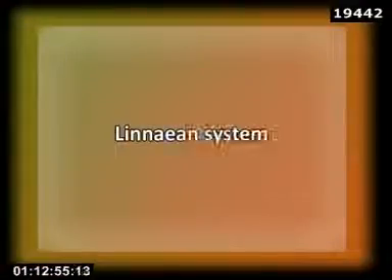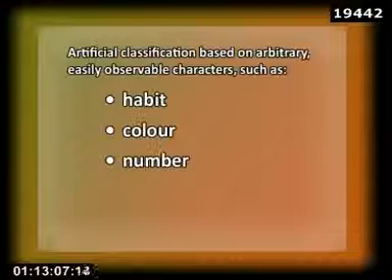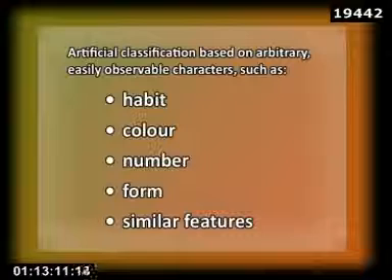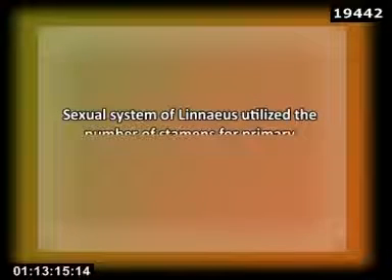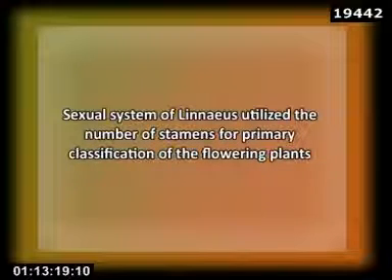This ranked system of classification is popularly known as a linear system. Taxonomic entities are classified in different fashions. One, artificial classification. It is based on arbitrary, easily observable characters such as habit, color, number, form, and similar features. The sexual system of Linnaeus, which fits in this category, utilizes the number of stamens for primary classification of the